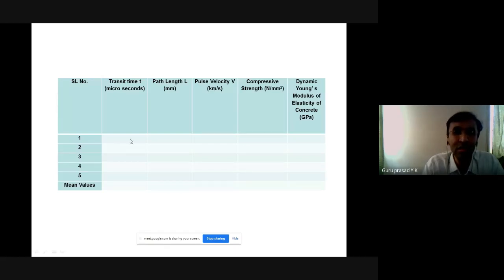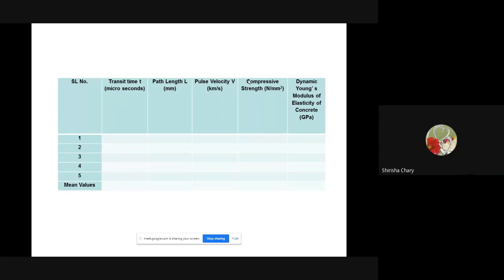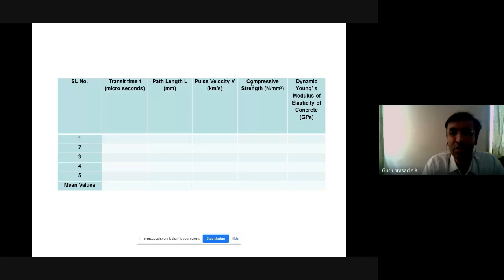What we do is that first we have to measure the path length or the distance. It is called the travel distance of the pulse, the transit time, the pulse velocity, compressive strength, dynamic Young's modulus. I would also like to tell you, compressive strength is usually not that clear for concretes which have strength greater than M30. So what you need to do in the laboratory or when you go to site, which are the three things which are